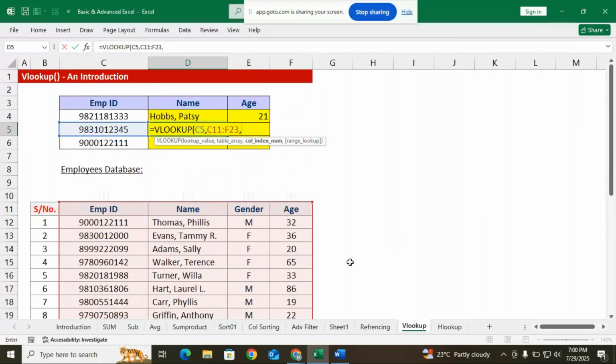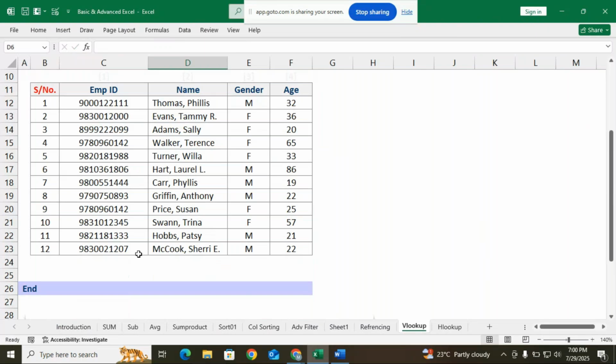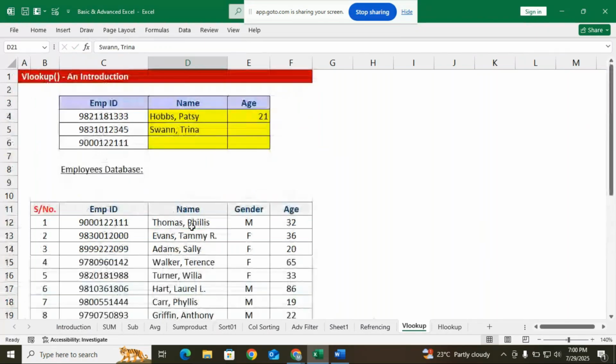Name is in the second column, comma, and it is false. Yes, it is Swan and Trina. And again, the age also equals